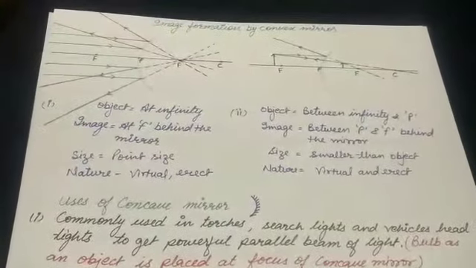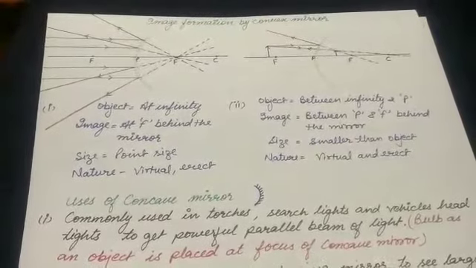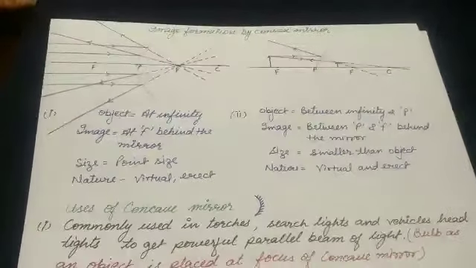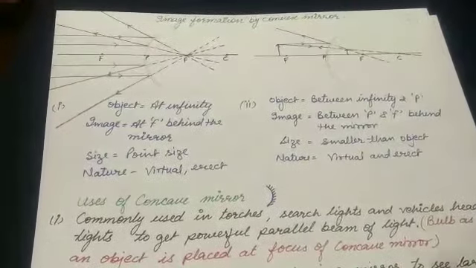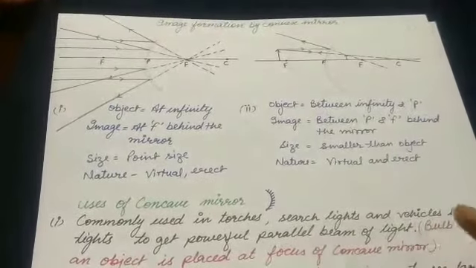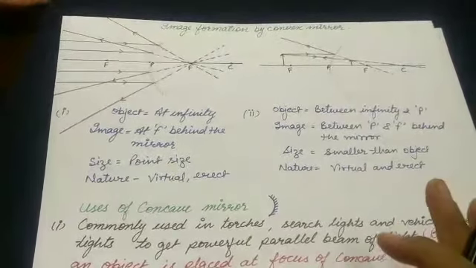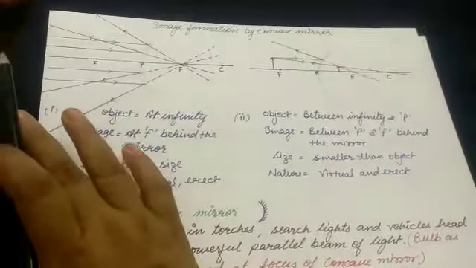Yes. So now by far we have seen the image formation by concave mirror. Now for convex mirror, there are only two situations. In the concave mirror, we have seen 6 conditions where the object can be placed at different positions and there is a difference in the image formation in each case. But for convex mirror, there are only 2 cases. One, when the object is placed at infinity.